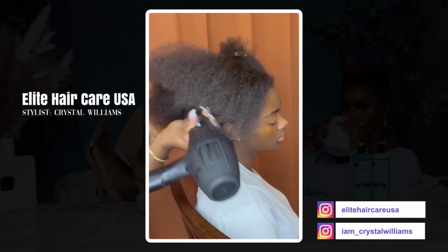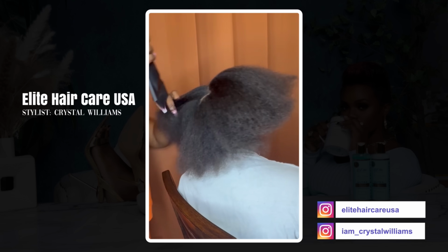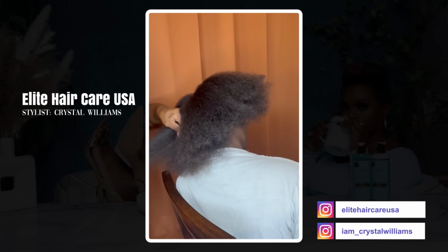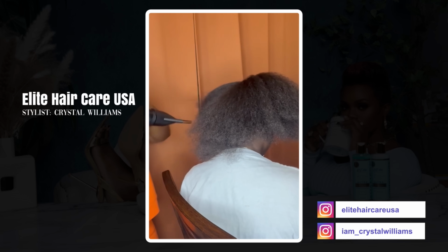Now, of course, your girl is not a braider, as I said before, so I had to adapt and do what we call the rubber band method. And I'm going to show you guys how I was able to achieve that today, not being a braider, not being a professional in regards to the braiding portion, but definitely knowing how to give my child what she wants